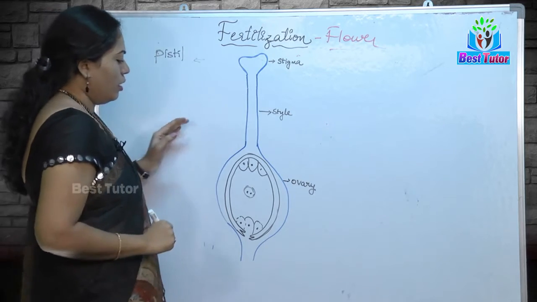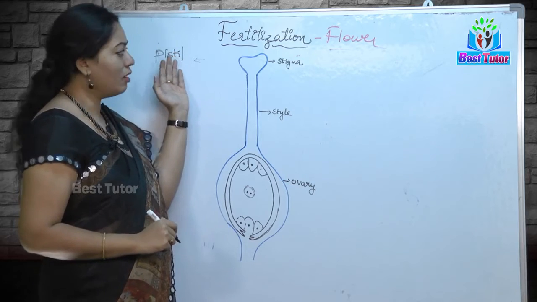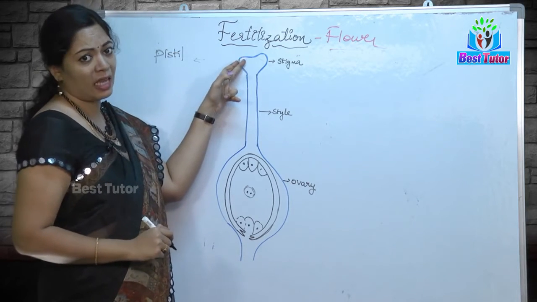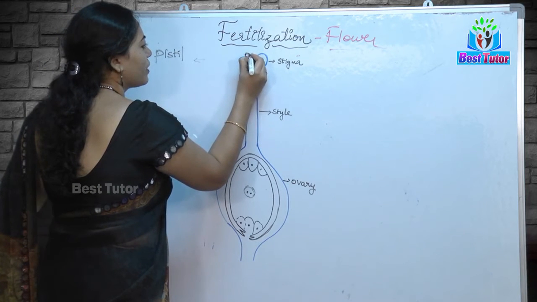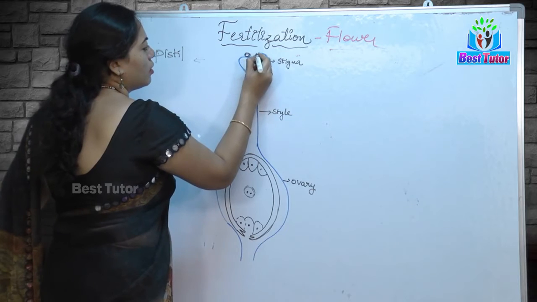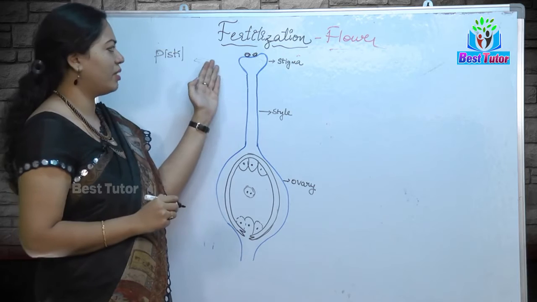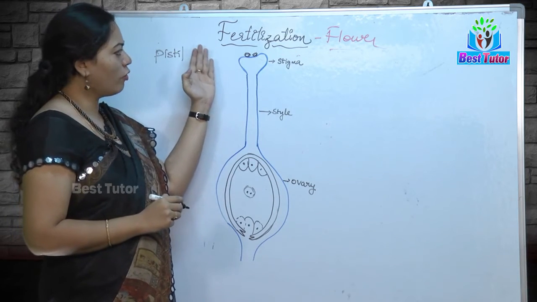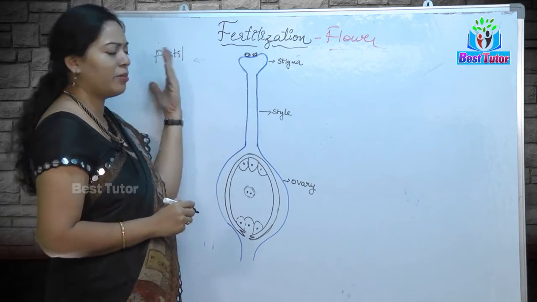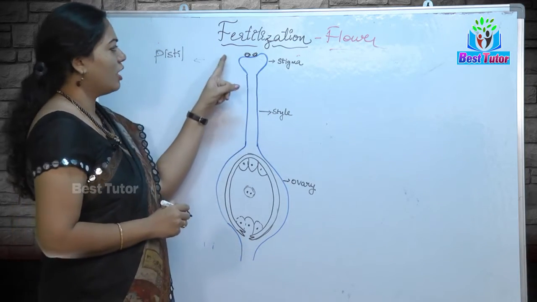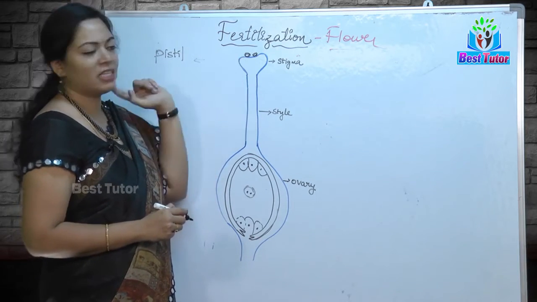Fine. Now, what happens during pollination? The pollens of anther are transferred to the stigma of the same flower or a different flower. Now, assume that pollen has fallen on the stigma. So, the pollination process has taken place. The pollen from anther of one flower is transferred to the stigma of the same flower, or it can be a different flower, whether it can be self pollination or cross pollination. Now, the process is that pollination has occurred. The pollen has been transferred to the stigma region, right.